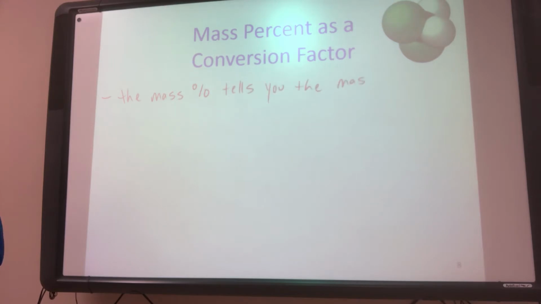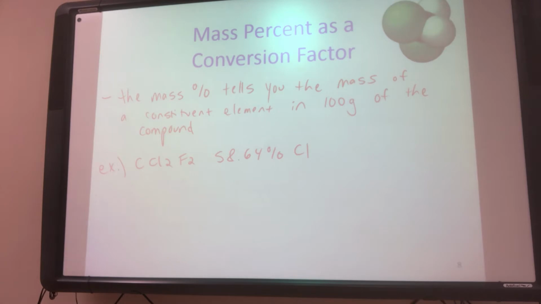the mass of a constituent or specific element. And we're going to say, because it's a percentage, in 100 grams of the compound. So, for example, in CCl2F2, it is 58.64% chlorine. Okay? So what I want you to do is when you see that I give you a percent,